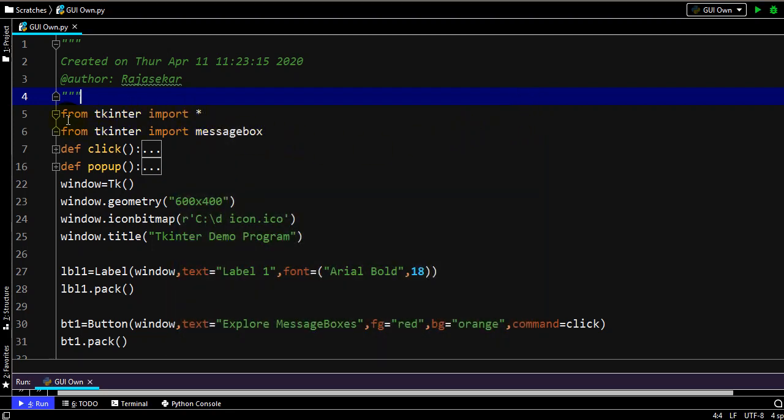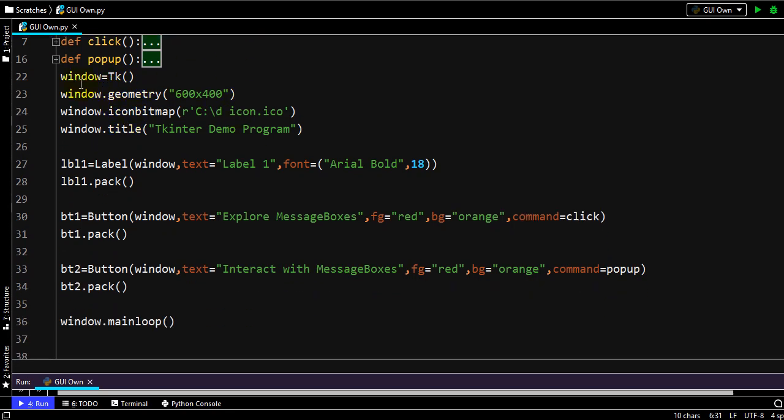So this is how we import the different modules to be included in Tkinter, different methods, and this is especially for making use of your message box. So this is for defining your window. If you have seen my previous video on GUI, you would know the explanation for these commands. This window is an object that becomes a top level object. Then we are specifying the geometry of this.